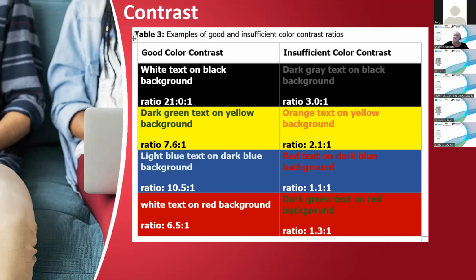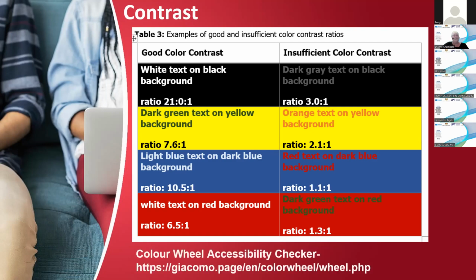And you can see the good color contrast on the left and the insufficient color contrast on the right. Interestingly enough, I had a student present a seminar presentation on visual impairment the other day, and they used a very light blue background and very light white text, and we couldn't read it. So unfortunately, they realized a few slides in that they had actually messed up quite badly, and we gave them time to fix it. Okay, so they were doing it on visual impairment and hadn't actually considered the contrast themselves. So very important. There is a color wheel accessibility checker,